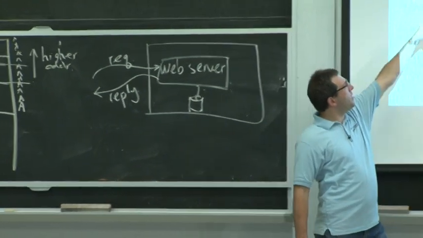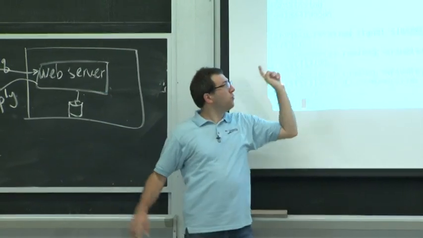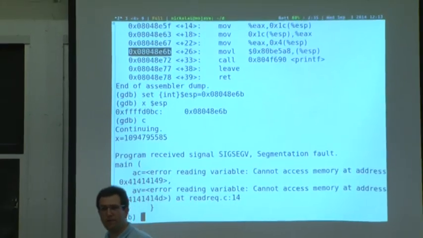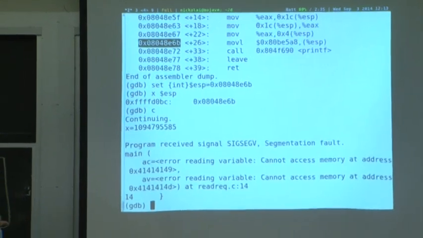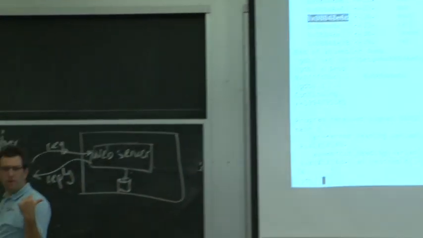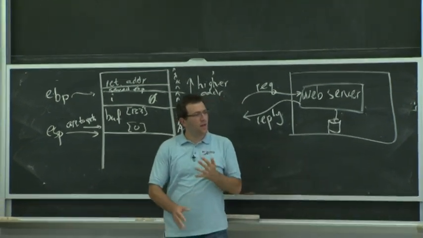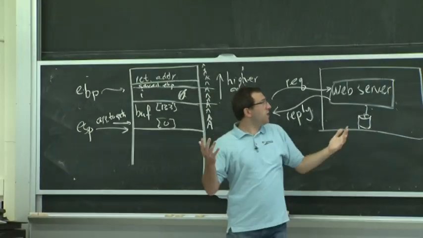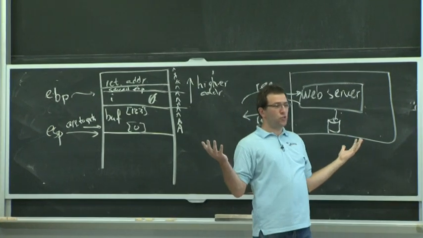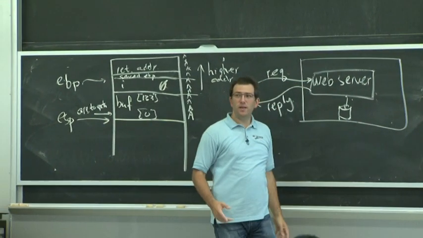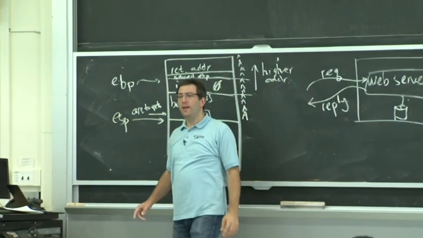Well, we changed the return address so that when we return from redirect, we now jump to this new address, which is that point up there, right after printf. So where's this crash coming from? Yeah? Is it because your I is supposed to be some sort of integer? No, actually, no. Well, the I is like, it's a 32-bit register. So whatever's in the register, it'll print. In fact, that's the thing that's in the register. So that's OK. Yeah? Presumably it's when main returns.